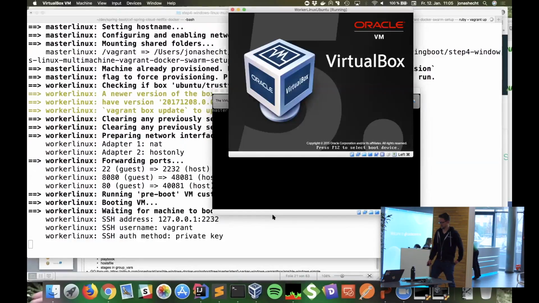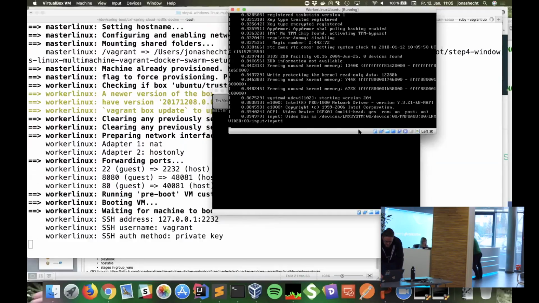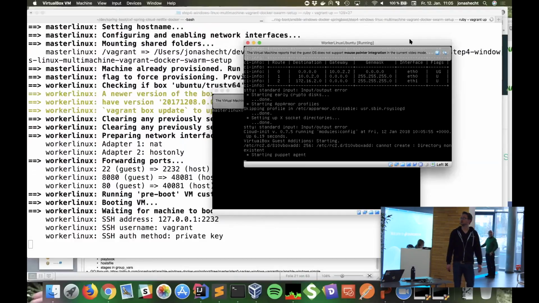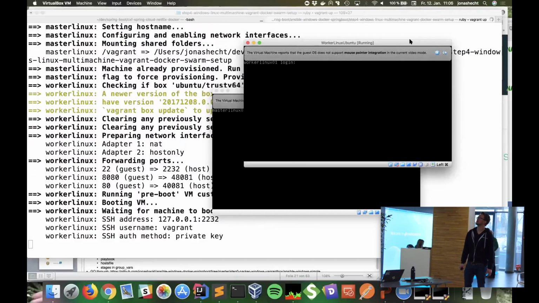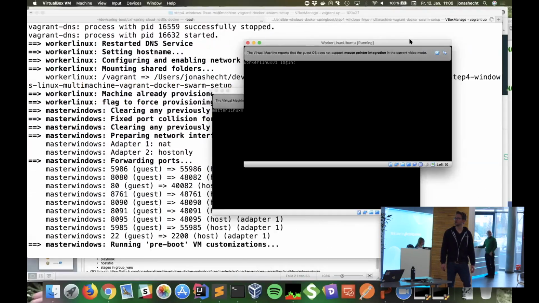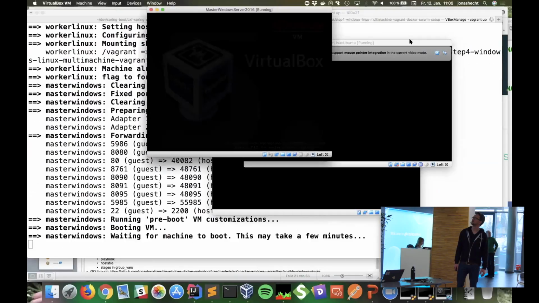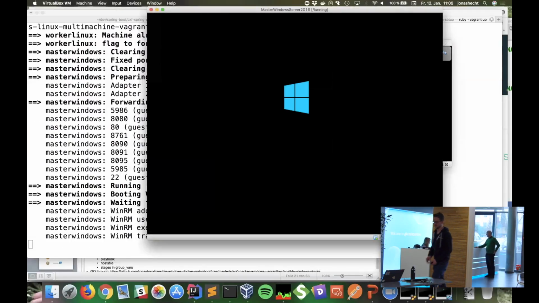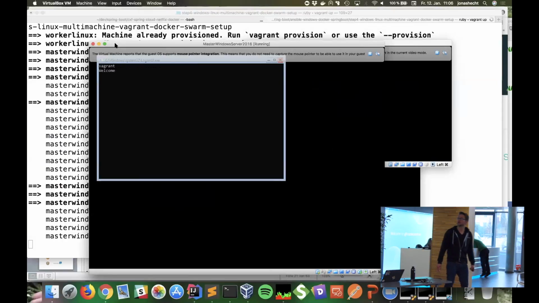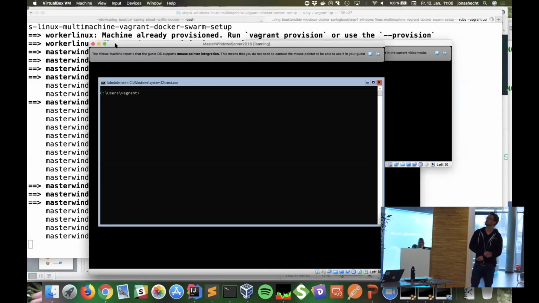It should be the worker Linux box. Okay, right, should be there. And let's start another Windows one. Right, so it's starting up there. Yeah, okay, it's moving. I think it's the master Windows node. And then there should be another one for worker.